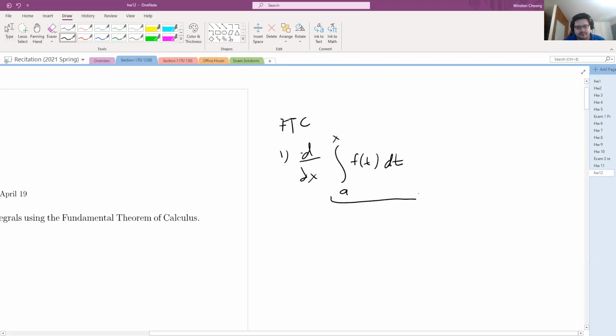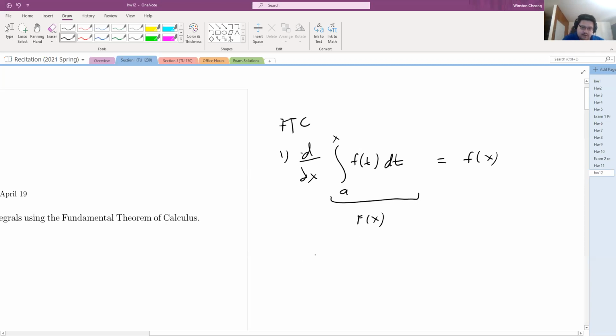It's because this integral, you kind of think of it as a new function, capital F of x, and you're taking the derivative with respect to the new variable x. What the fundamental theorem of calculus says is that this is equal to just f of x. So in this way, the derivative and the integral cancel each other out. If you take the derivative of an integral, you get back the original function, except for the fact that you are substituting the variable out,